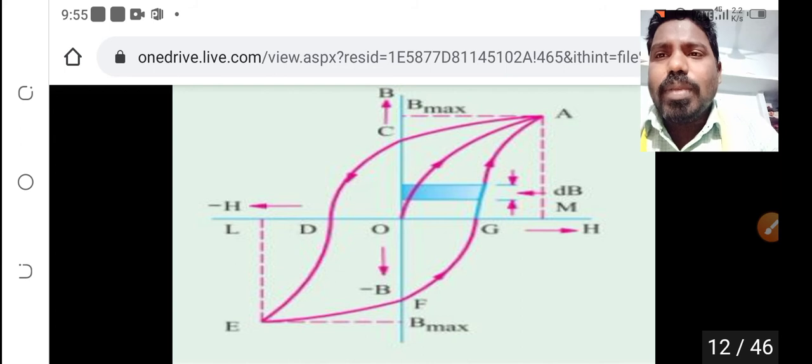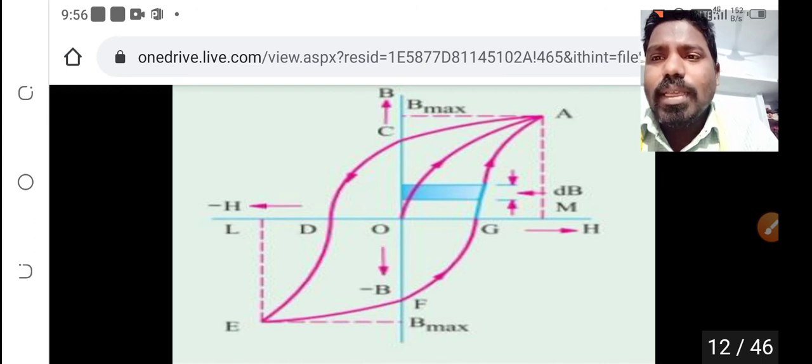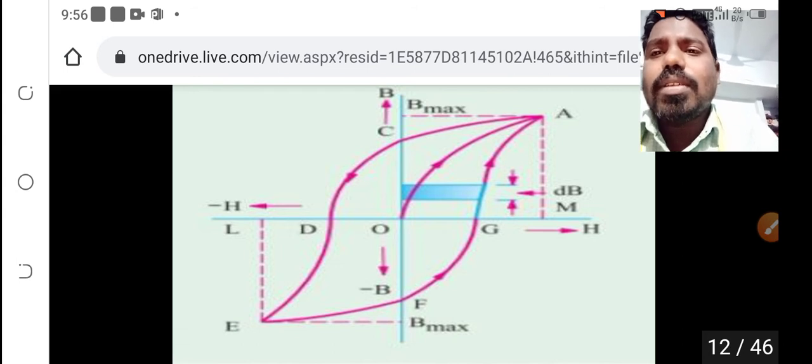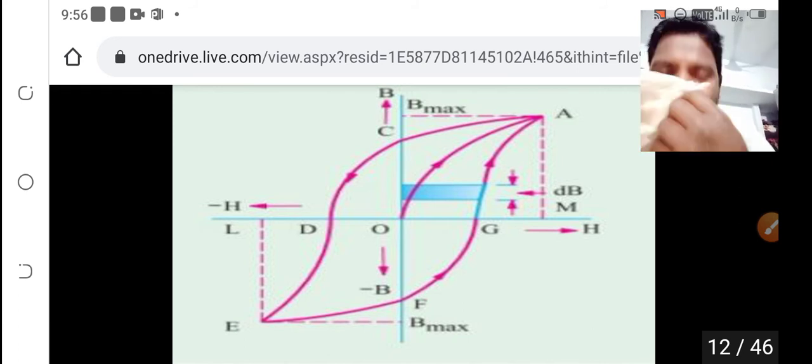Here B is not included in the A series. The points considered in this particular figure are A, C, D, E, F, G. B is not considered in this series. B here is flux density, which is different. H is force, which is different. You should not consider B and H in this series, because we are plotting the relation between B and H. That is the reason we are not taking B and H as our loop segment points.